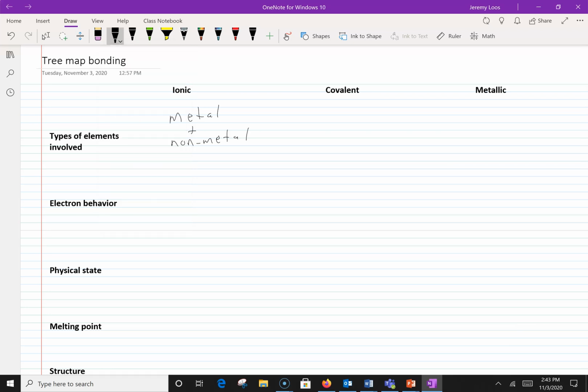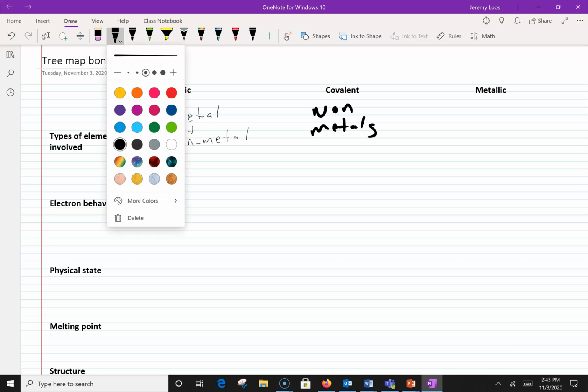How about covalent? What's that going to be? Nonmetals. Need something in between, I think, here. And then metallic, obviously, is just metals. So we're talking like